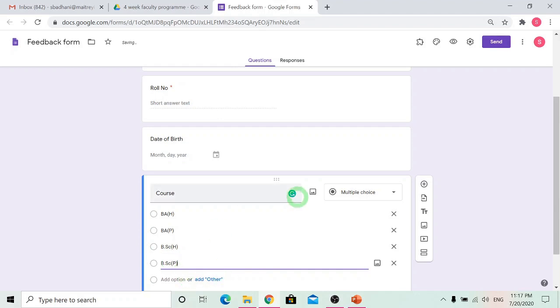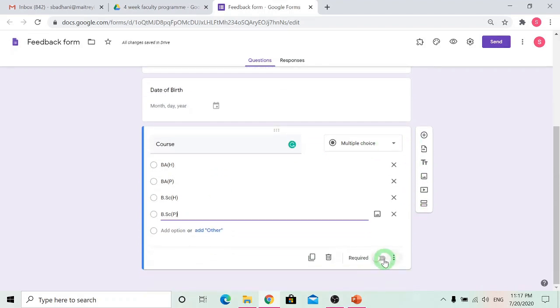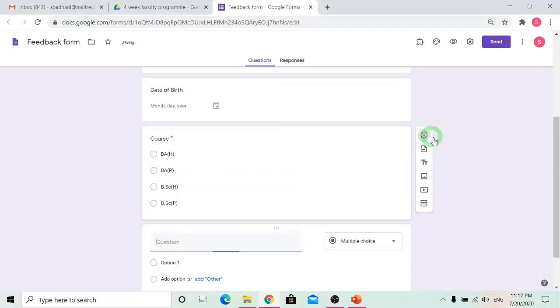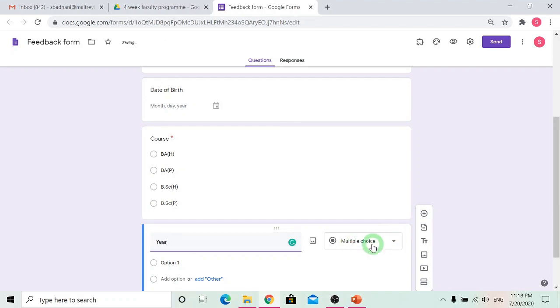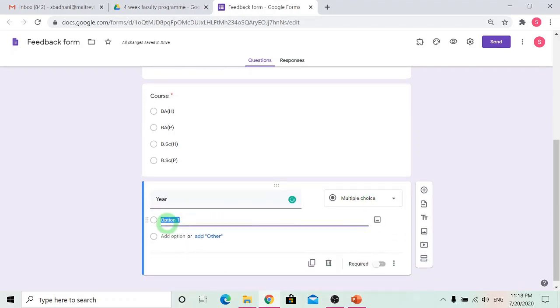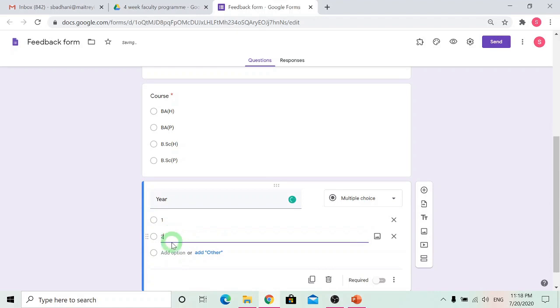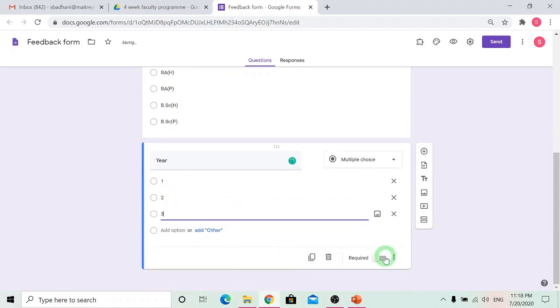We can add more also. Again, required. Next question, say the year of study. Again, multiple choice because only one of the options is to be selected. 1, 2, and 3. Let it be again required.